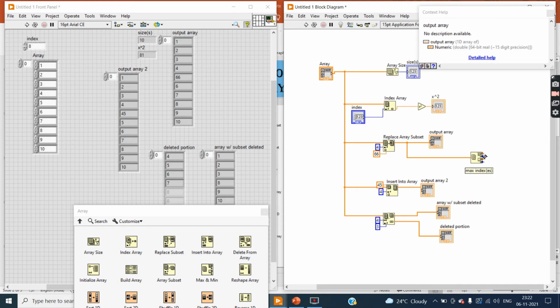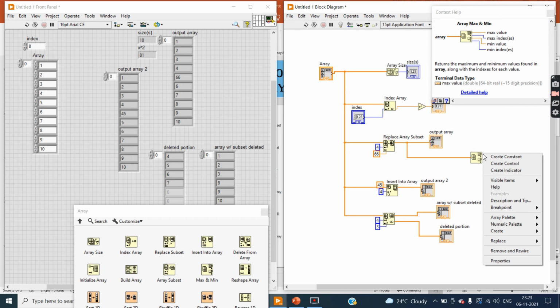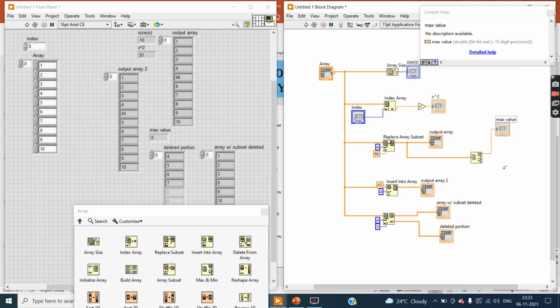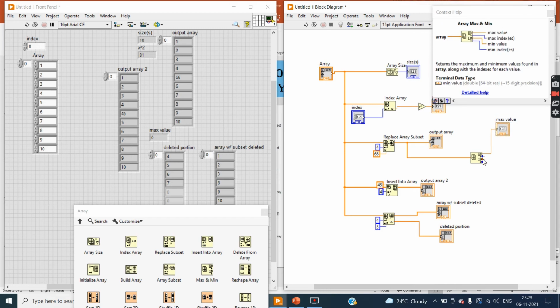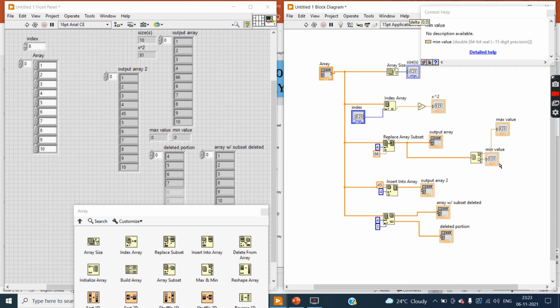So simply to see the function of this tool, I'm creating an indicator here for our maximum value and minimum value. Create indicator, and then simply click on this run button. Now you can see 66, that is the maximum, and 1, the minimum. I'm connecting this tool to the output array, and the output array contains 66 as the maximum and 1 as the minimum.